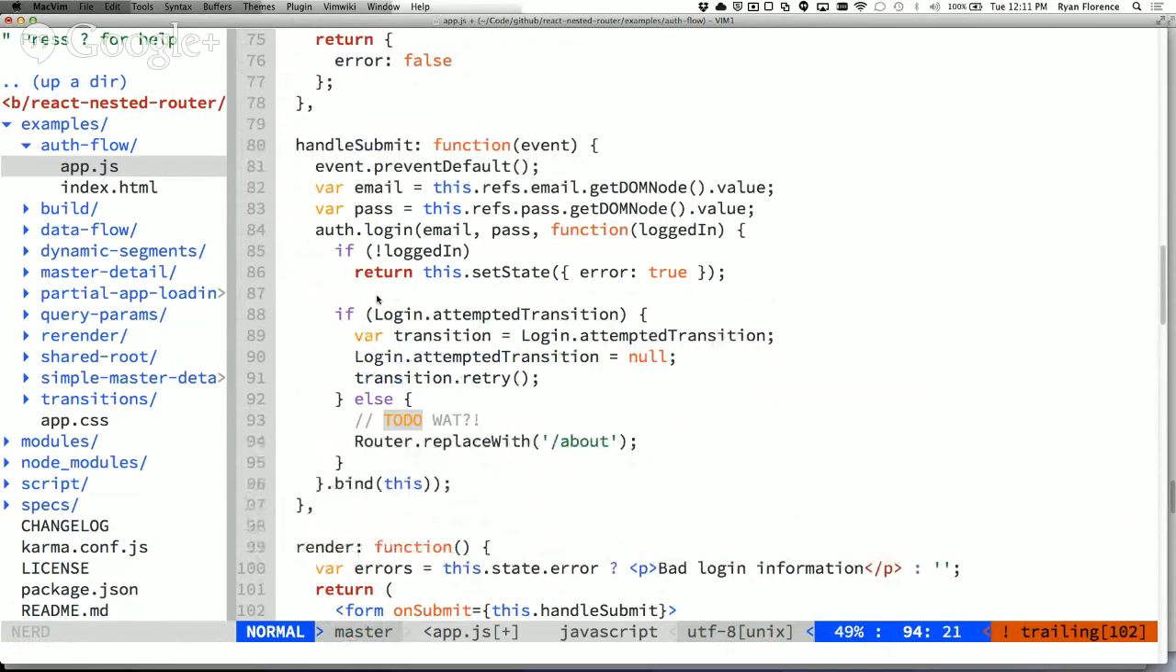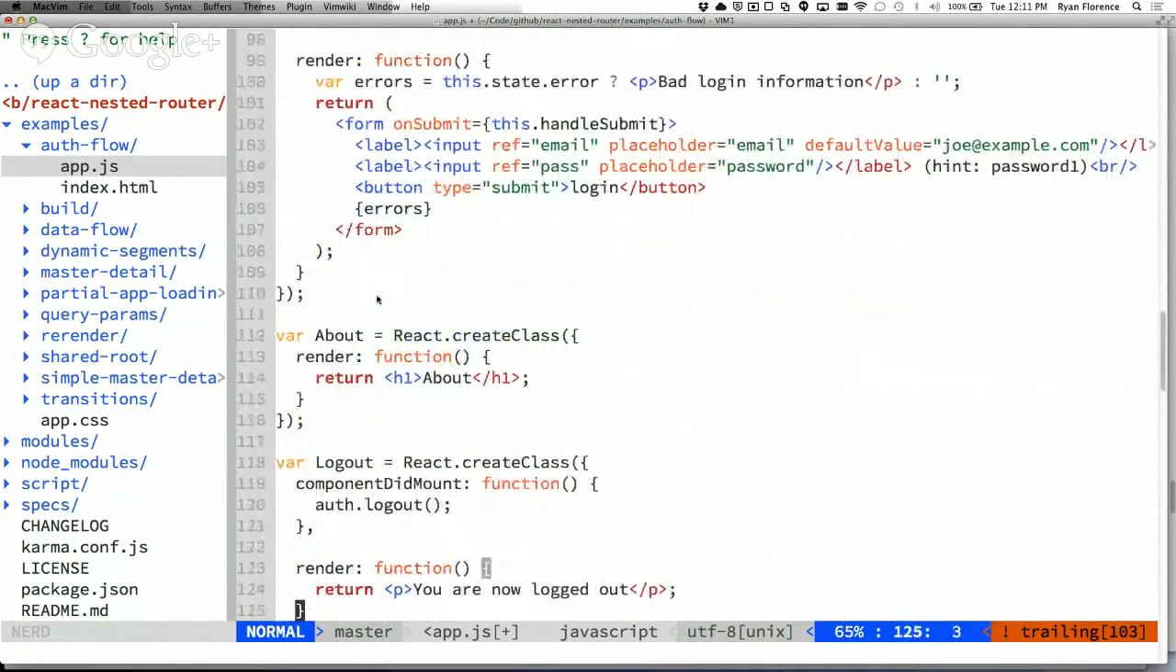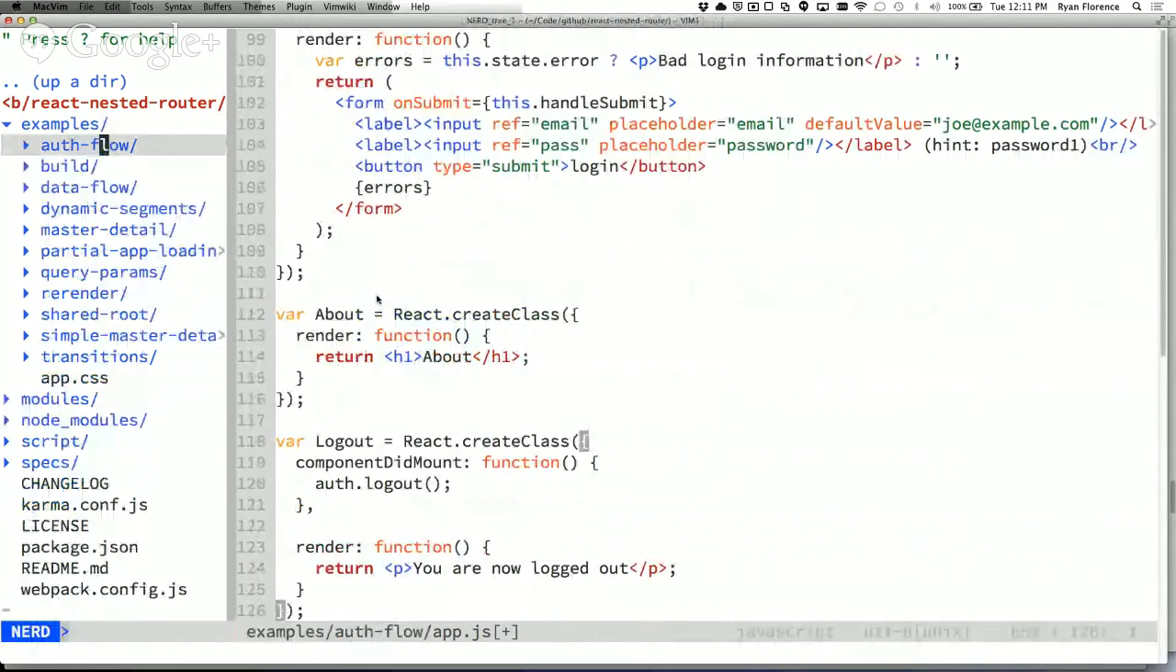Retry will, yeah, it'll replace. So that's cool. Another great use case for these transition hooks is